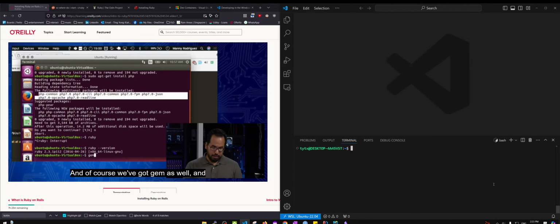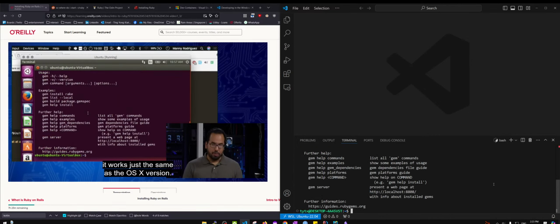And of course, we've got gem as well, and it works just the same as the OS X version. All right, so we're here in Linux. We've got Ruby gems. We need our development libraries. Just like in OS X, Apple hides some of this from us because a lot of the packages that I'm about to type in to get in Linux, Apple's already included with Xcode. So this is kind of cool because we'll get to learn a little bit more about what's behind the scenes here. And the packages that we need